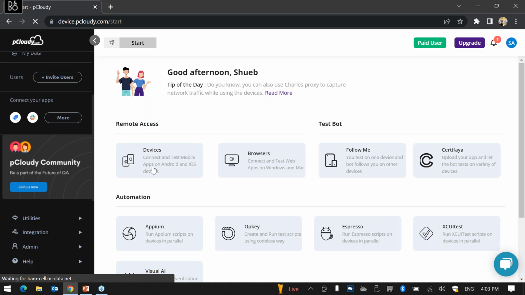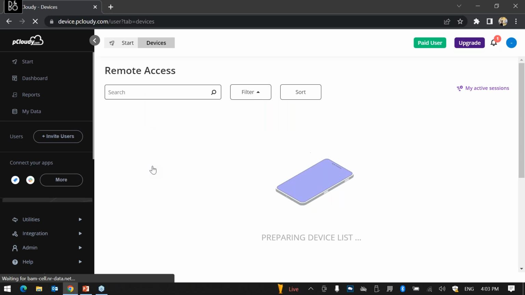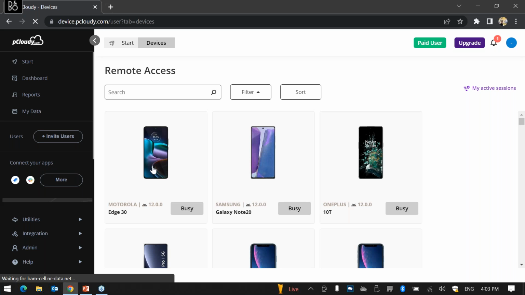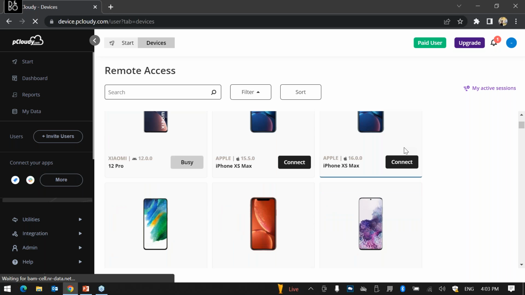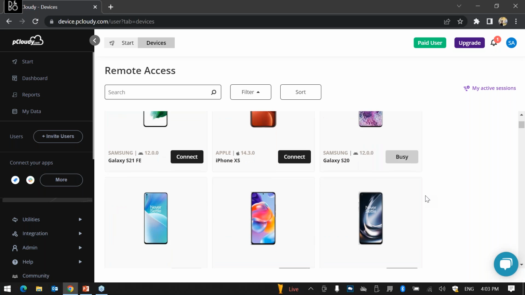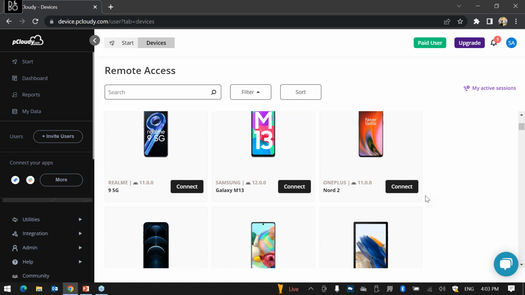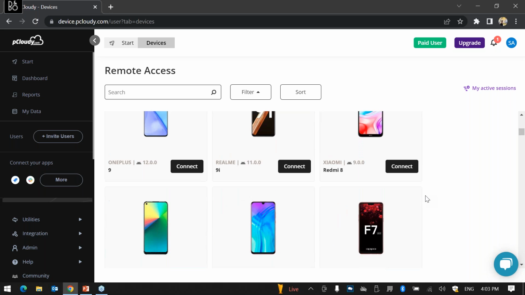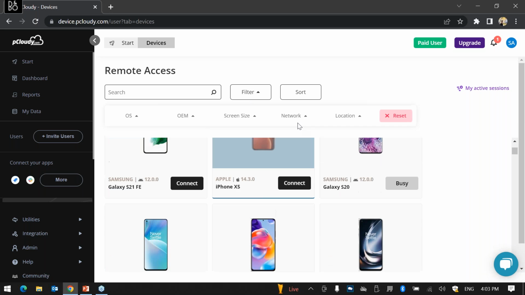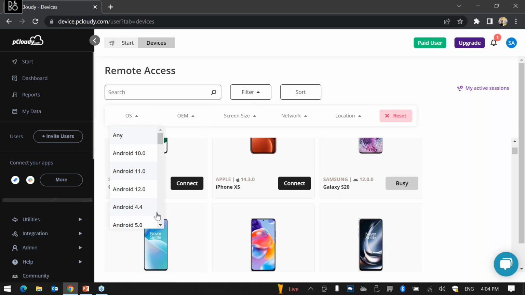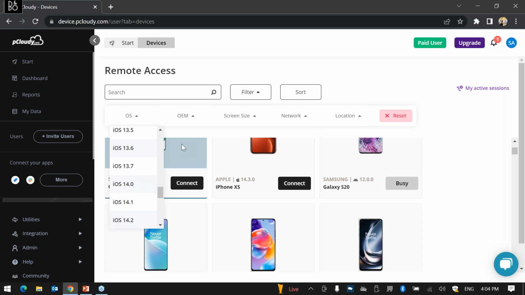Going into the devices section, as I said, we support different platforms, both Android as well as iOS. The devices that you see here are real devices, in real time. We do not support simulators or emulators. Depending upon your requirement, you can quickly scroll down, look for the availability of a device, and just acquire it. There are filter options which can quickly help you filter based on operating system, whether it's Android or a specific version. We have all the different versions of Android, starting from 5, to 13 different versions of iOS.